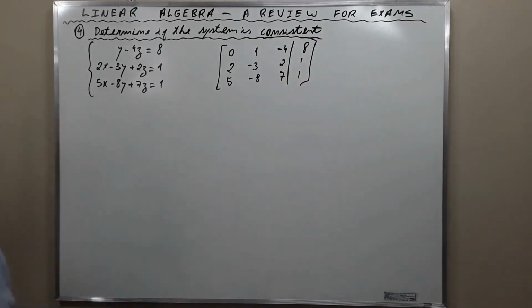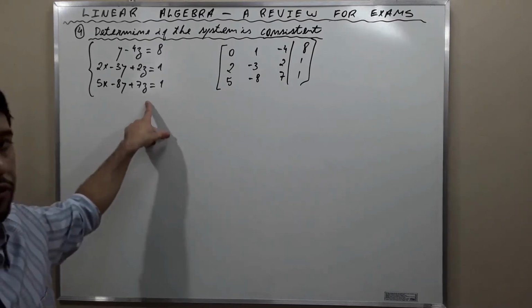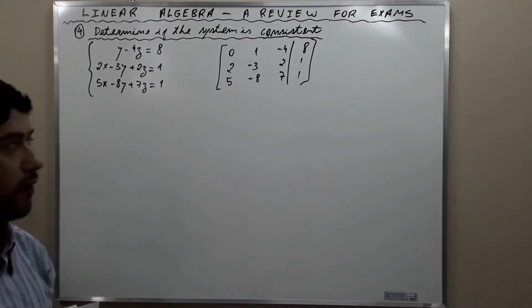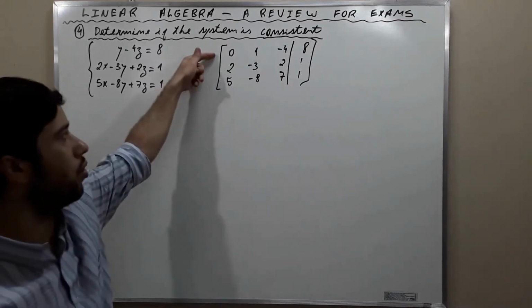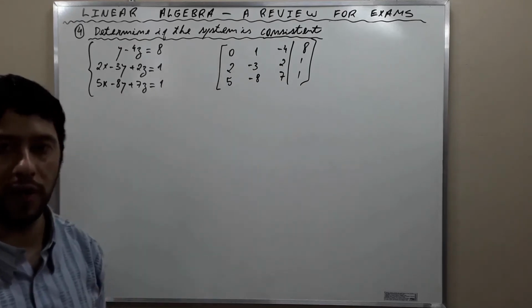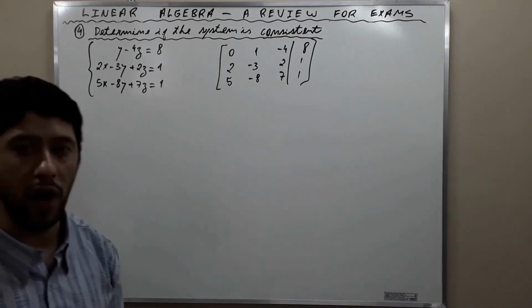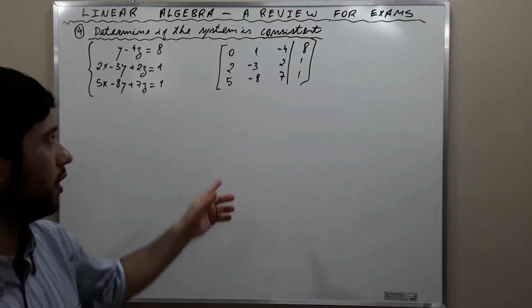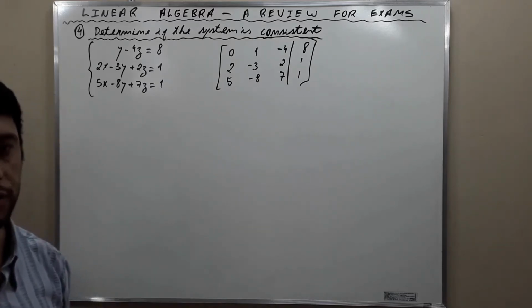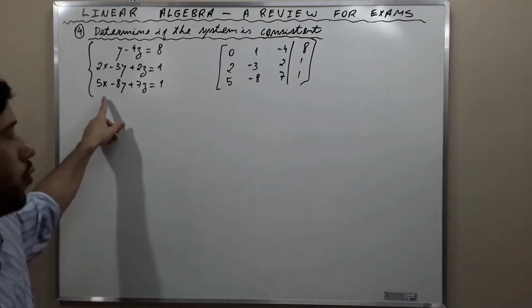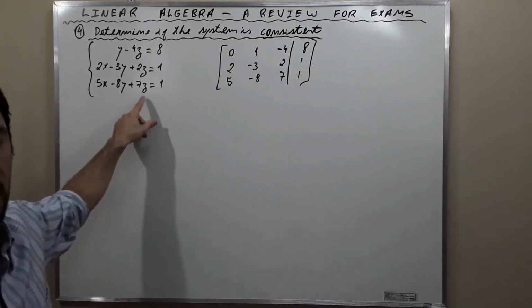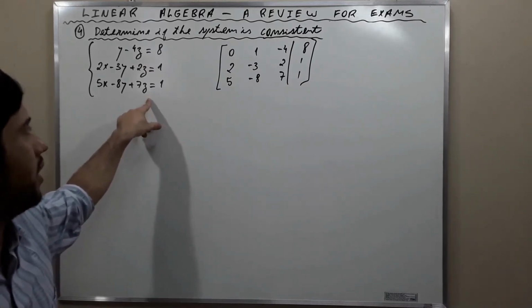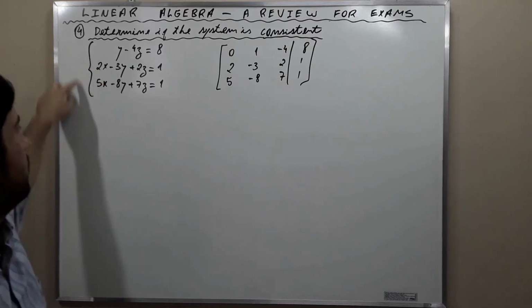This is the augmented matrix that represents this system here. We are going to operate on the rows of the augmented matrix to determine whether the system is consistent or not, if there is a solution to this system, okay? A triplet of x, y, and z that simultaneously satisfies these